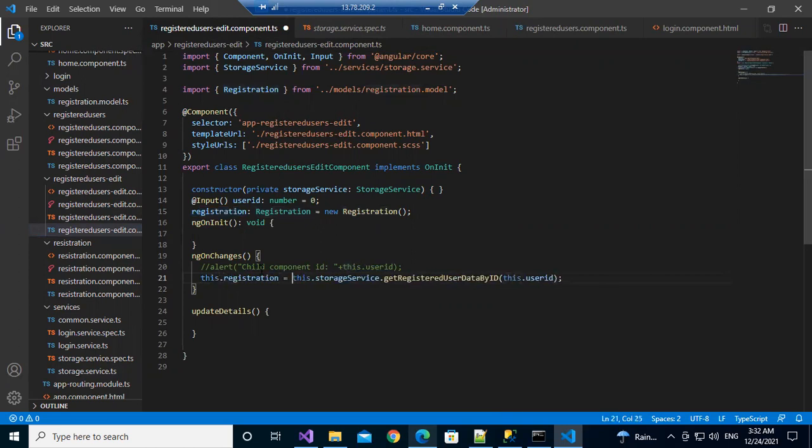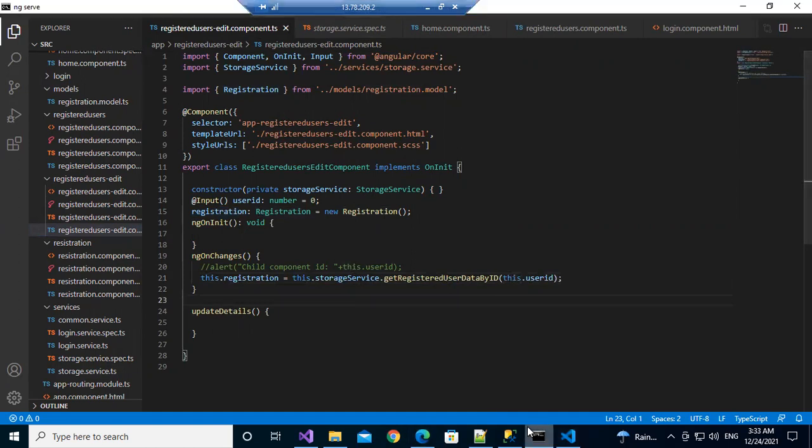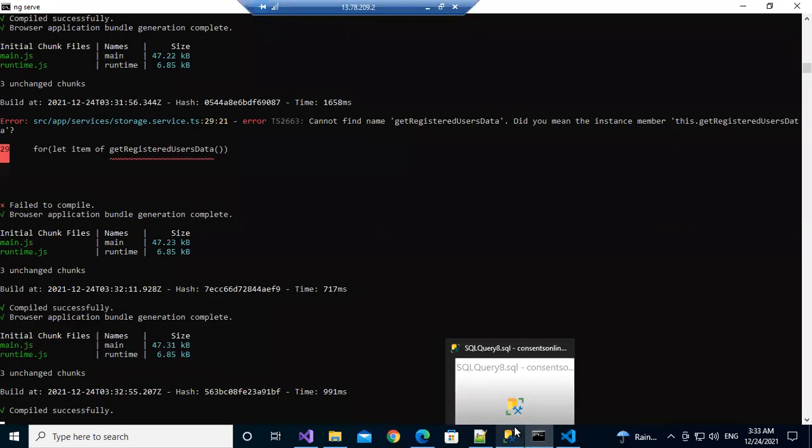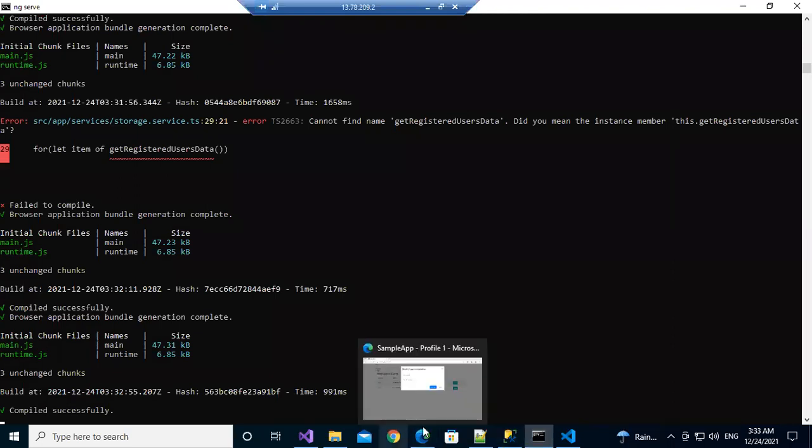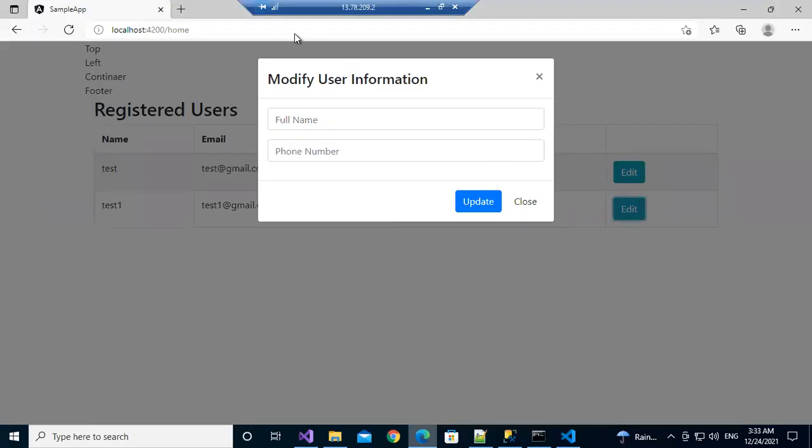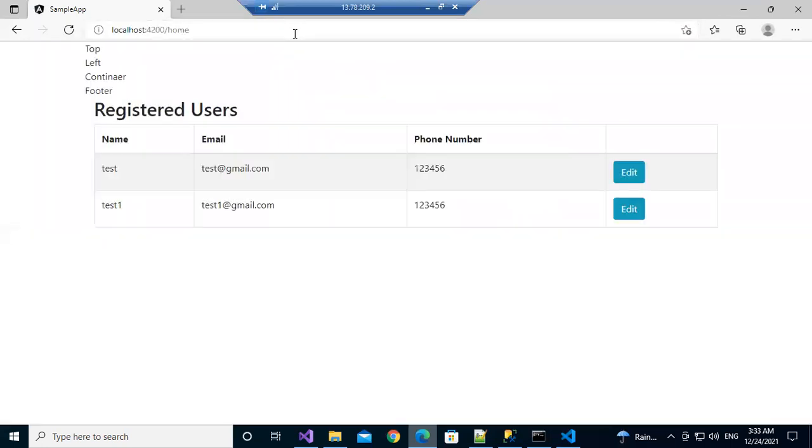In Angular, we need to follow simple steps. Angular will take care of how to bind the data, get the data, fetch the data. You only need to assign the data in a service. That service will be written. See here, if you hover over that one, what will it show? It will show that it returns the registered users. Let's check whether any compilation error is there or not. No compilation error. Let me go here. Why is it not refreshed?